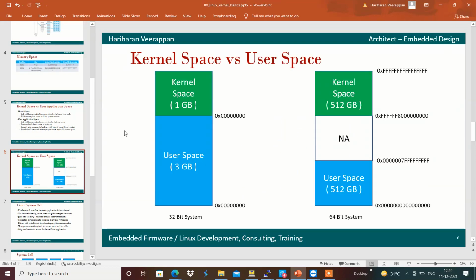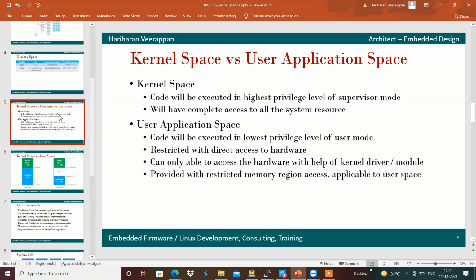And using the kernel space and user space, in the kernel space, the code will be executed with the highest privilege of supervisor mode.